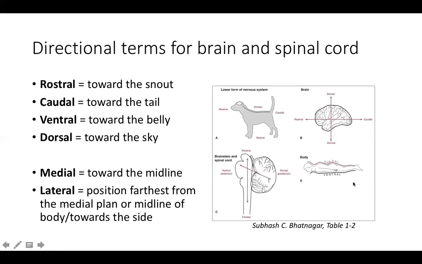So here's an image of our body just to orient you to dorsal and ventral as well. I find that if you imagine the human body laying down with our face down, then it gives you a nice analogy to the basic form that makes up how these terms are applied.